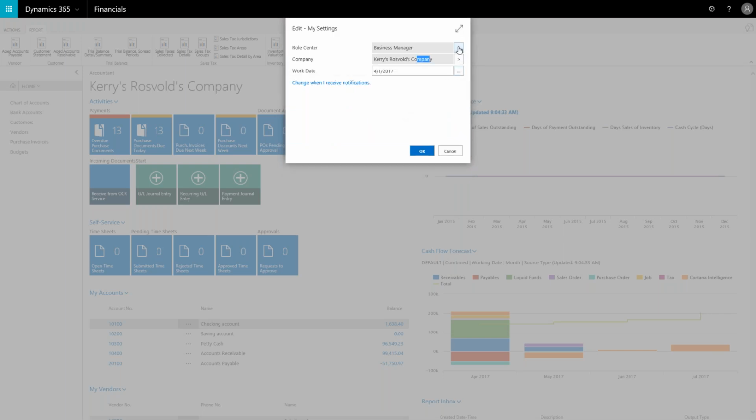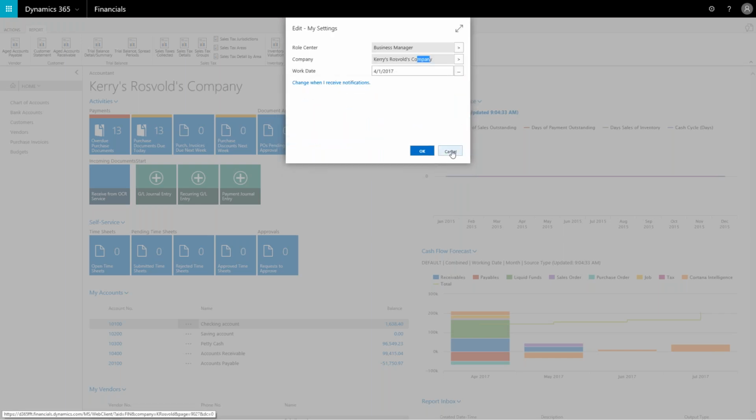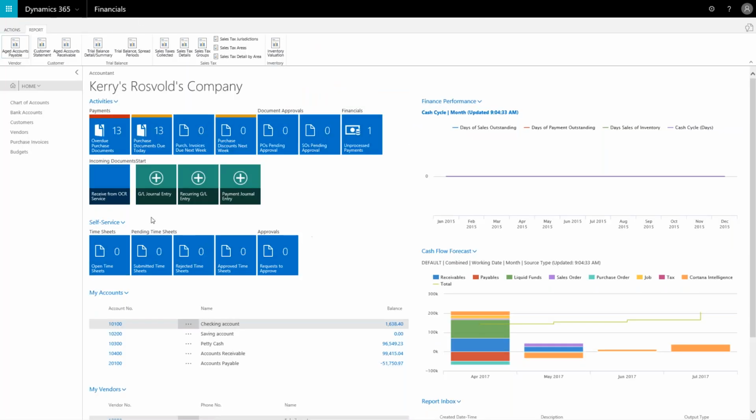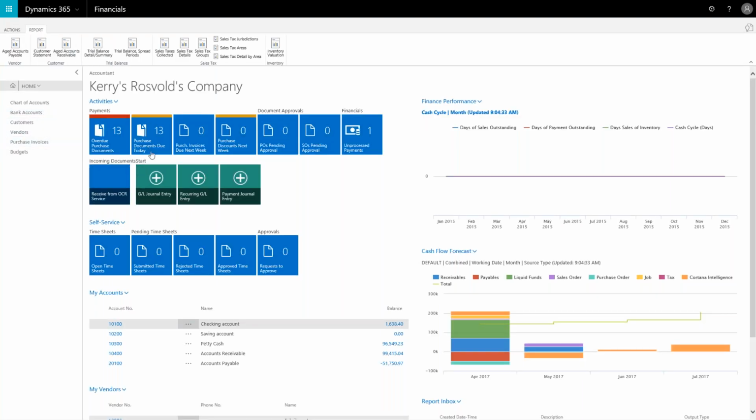But if I were to change to a sales order processor, for instance, the information that's quickly available from my home screen here, or my Role Center, would change to more of a sales order processing view. You can see that the accountant role does have a number of activities and quick links to things that are